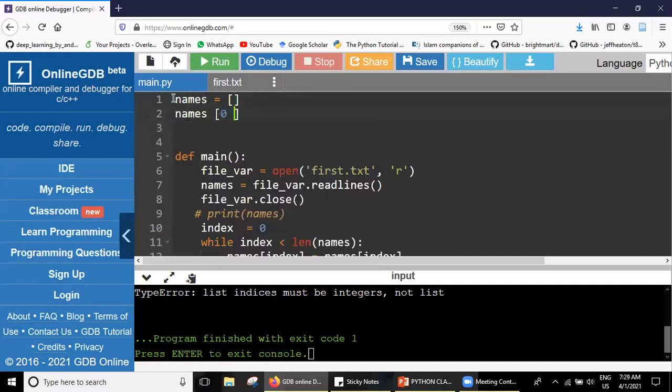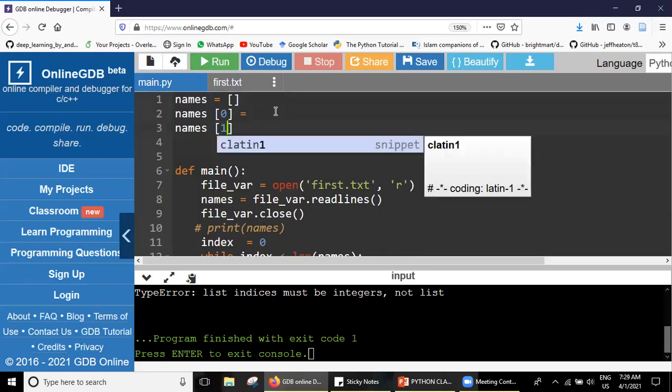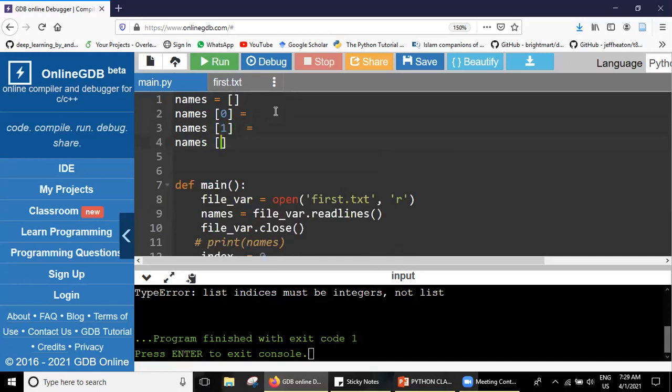Names of 0 should be the first element taken from this names of 0. I am trying to just change the orientation. Names of 1 takes something, and then names of 2 takes something.